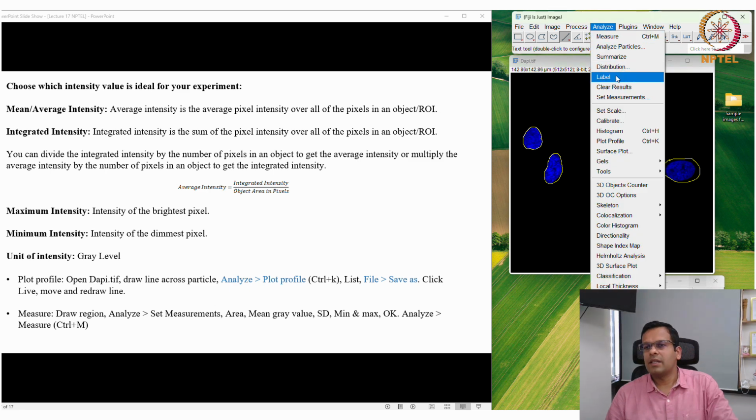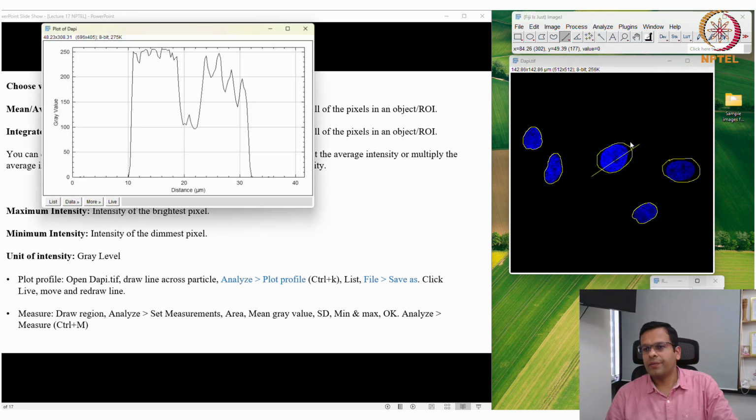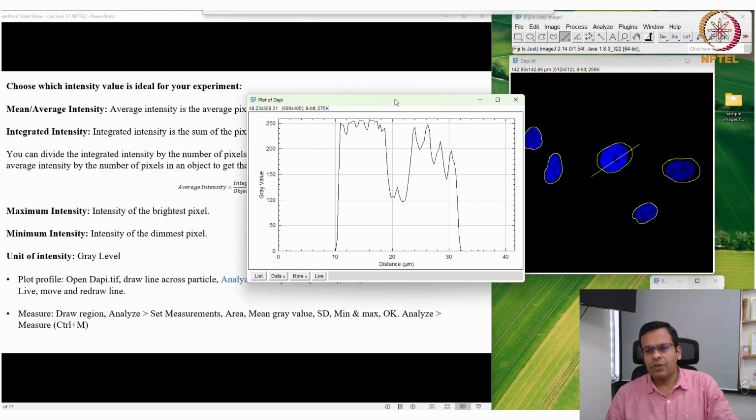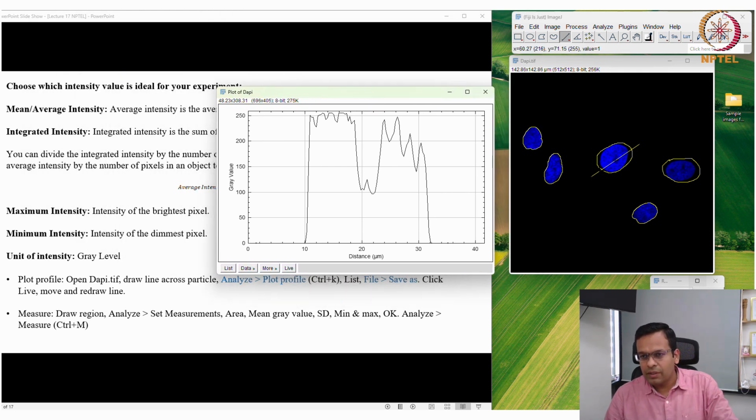See, this is the fluorescence intensity along this line, and you can see there is a weak intensity in the middle, and low intensity on both sides. Those intensities are mostly close to 0, and you can see the unit of this intensity is gray value. As I mentioned, the unit of the fluorescence intensity is the gray level.